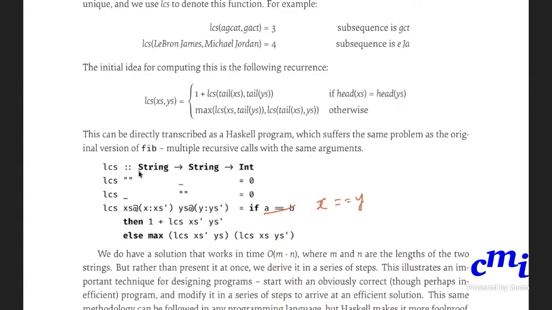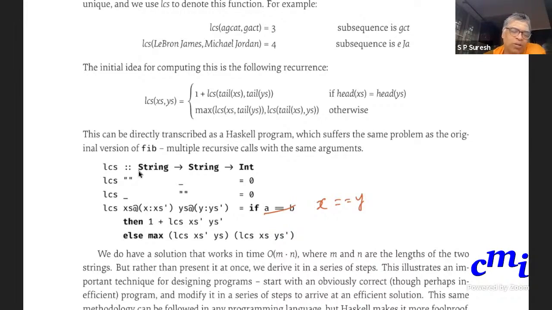So what do you think is the problem with this definition? The same recursive call is made more than once. Right, exactly. Multiple times. If the same recursive call is made twice, that is fine. But that recursive call will make its own recursive call twice, and this thing will proliferate and it will become exponential in no time at all. Okay, so that is the problem.